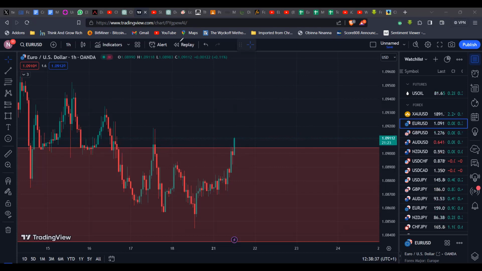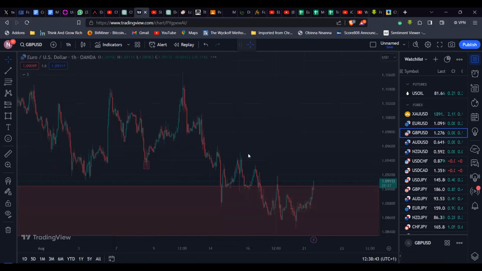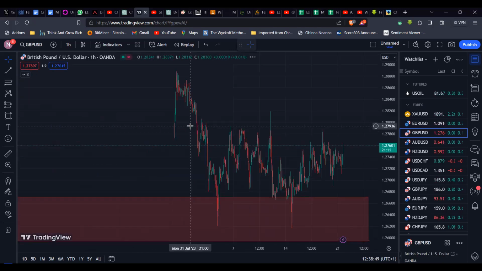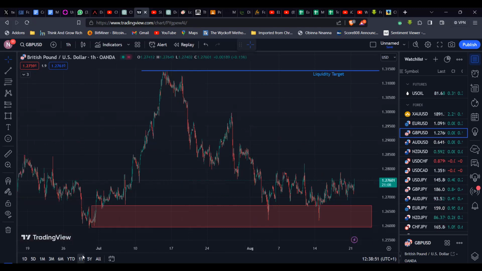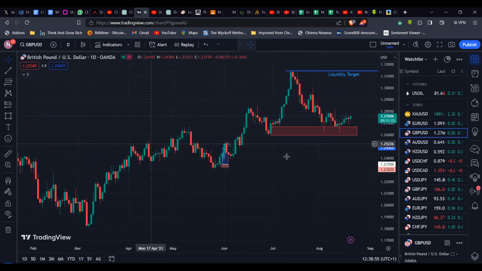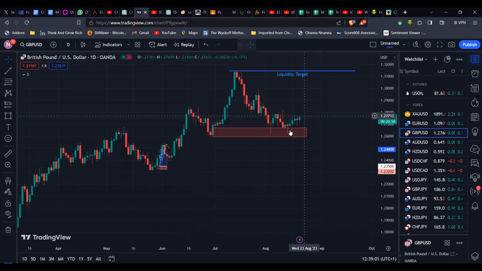Now, the reason I spent quite some time explaining EURUSD is because the same explanation goes for GBPUSD, right? The same explanation goes for gold, right? So this GBPUSD, if I go up to the daily time frame here, you'll see we have the same style application, bullish market, right? Pulling back down to an area of interest. We have our liquidity target up here, and then we want to confirm that price is really interested in pushing higher, and then we'll look to trade that up to these overall highs here, right? And then same thing, you have gold.